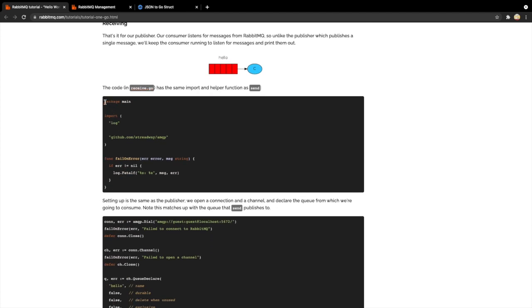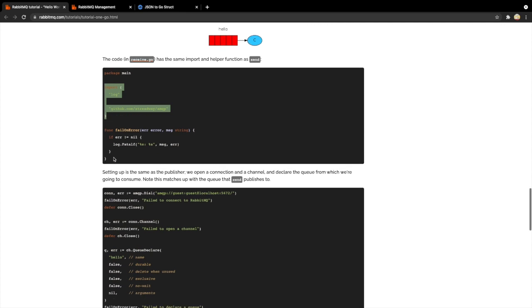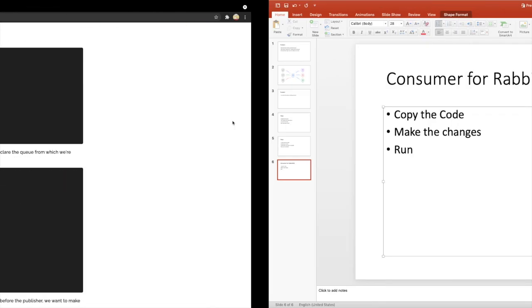So what they are saying is that first you need to define the package. Definitely it's one of the prerequisites. In the import section, if you're using VS Code or any good renowned IDE, then it automatically imports the package. Otherwise you can manually put the package as well. So let me start copying the code from here. The very first thing is error handling.